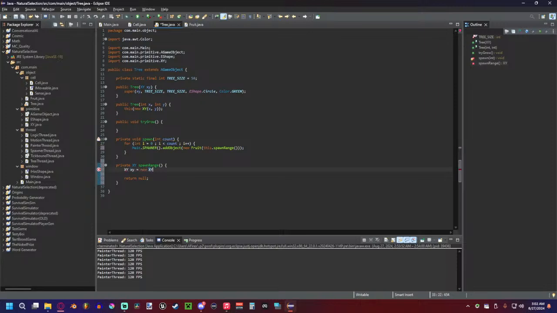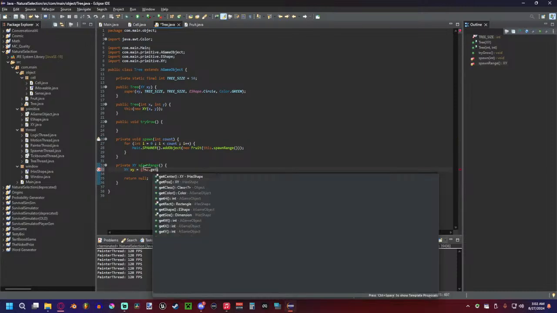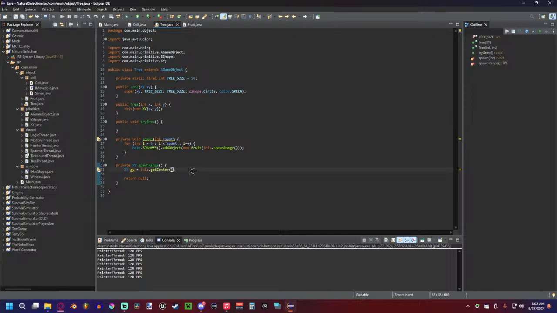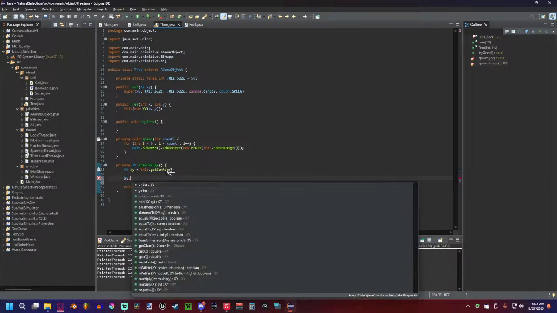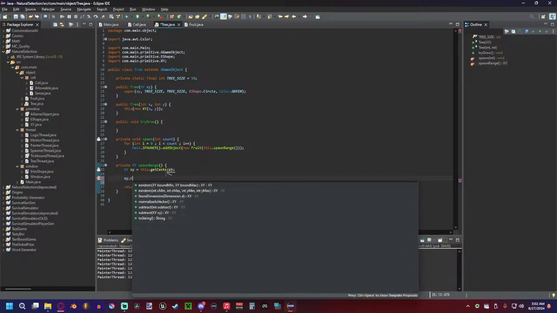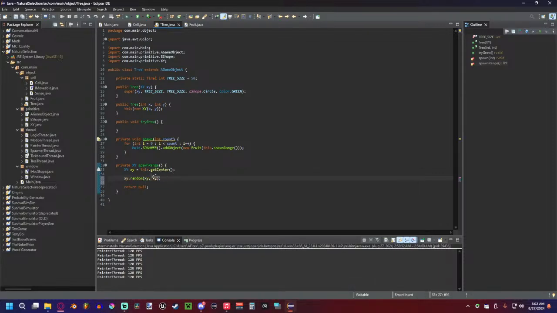XY pick equals new XY. old equals this dot get center. So we basically want to create any range. XY old dot times random. We're basically going to get